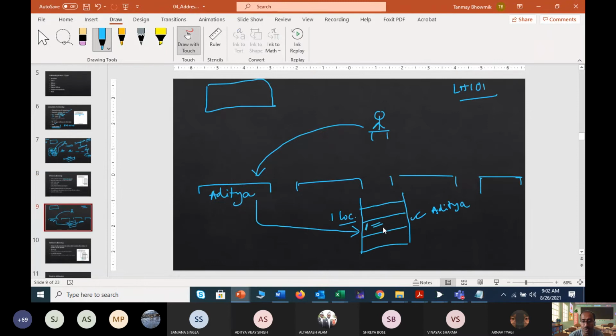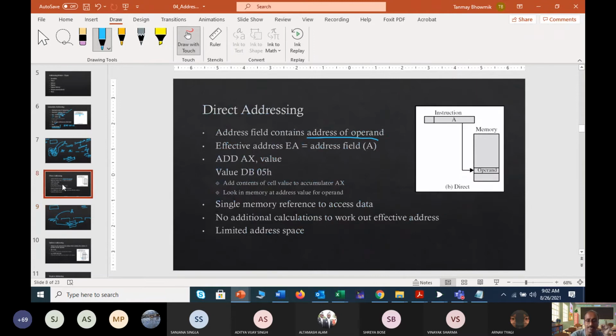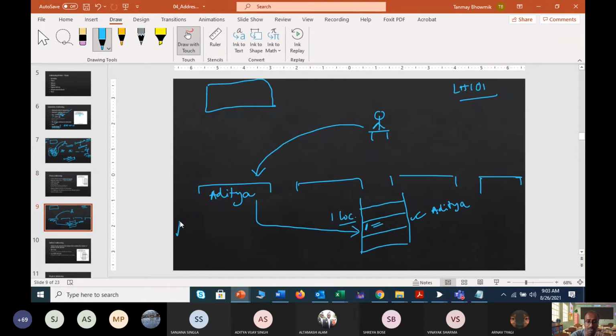So here what is he searching for in his room? The copy, and where is the copy situated? In his room. So the room location is actually his address. In that location his copy is being stored. I think you can relate, right? So that means the effective address is the address field of A. So now if you think of the address field of the copy,